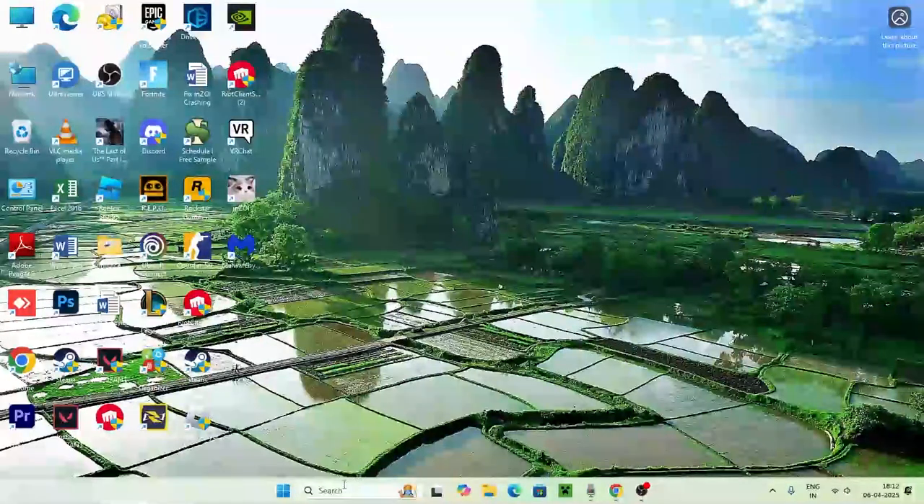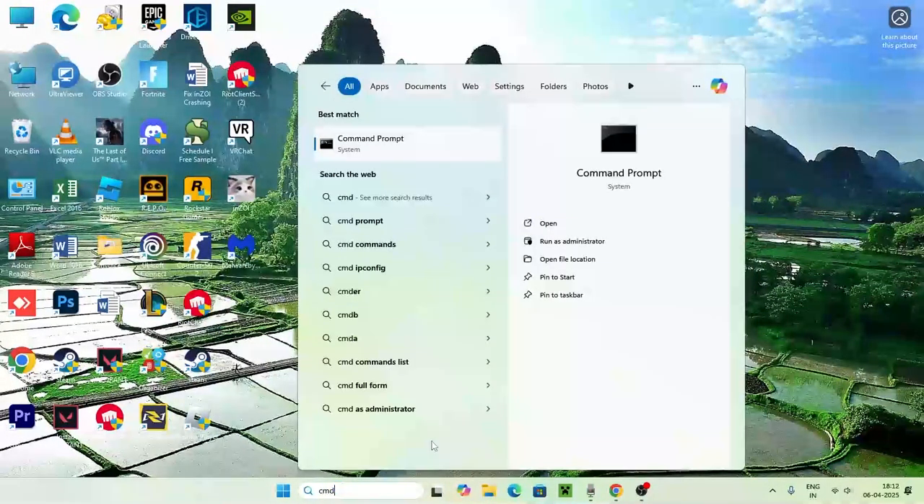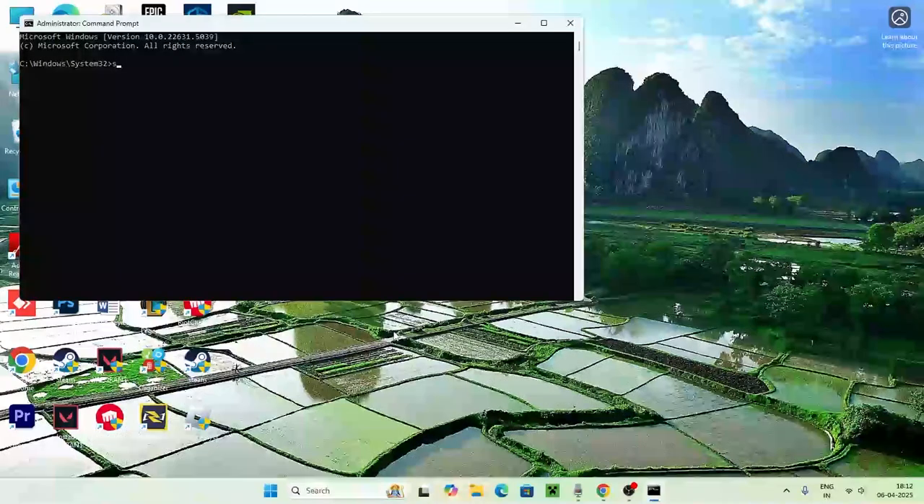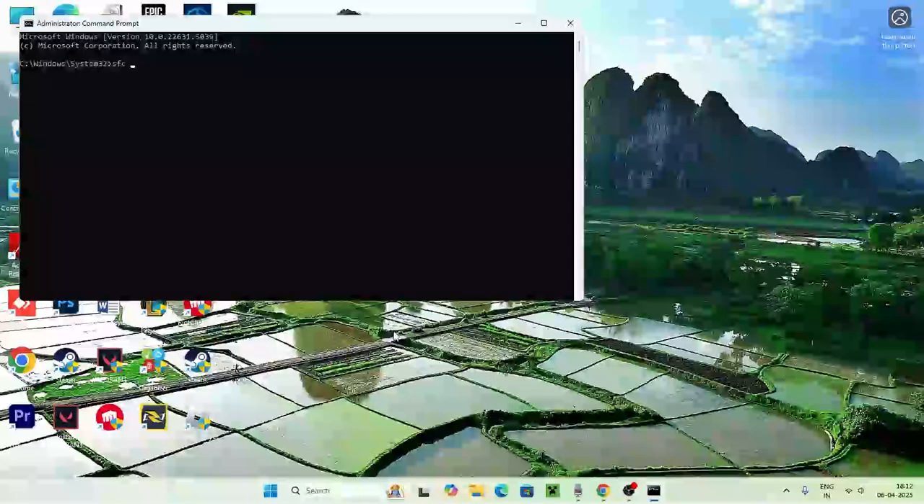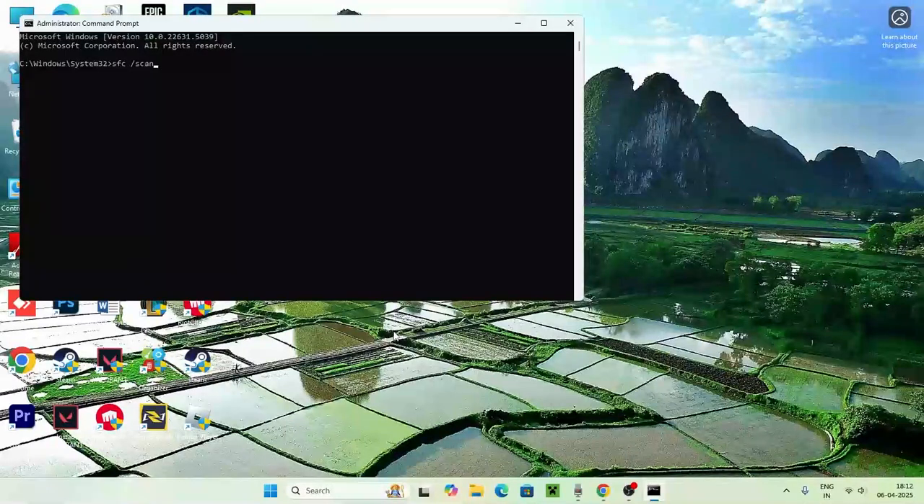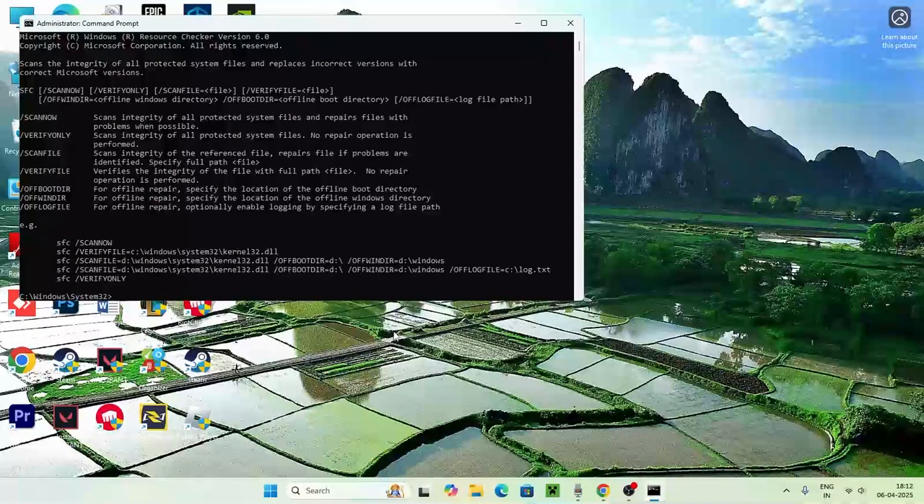That is all about it. Just go over here, search for CMD, and click on Run as administrator and go for Yes. Right now we need to type SFC, put a space, then type /scannow, which is going to take a little bit of time. What it's going to do is a complete scan of the device, or you can type SFC, put a space, go for /, then type scannow